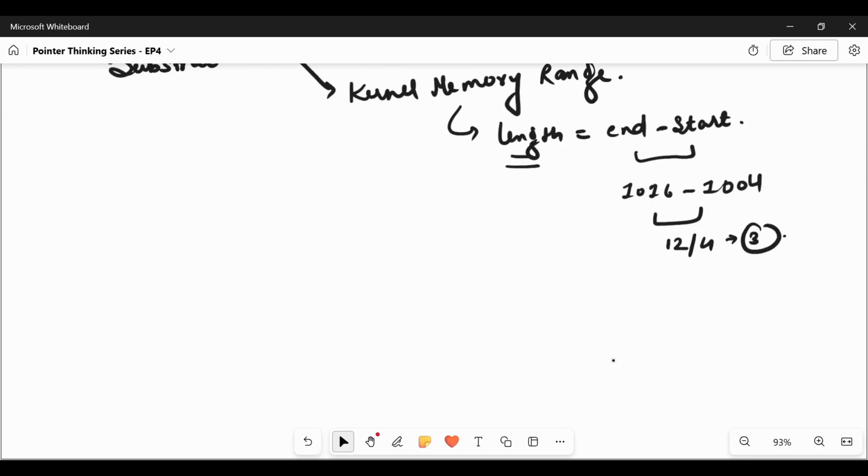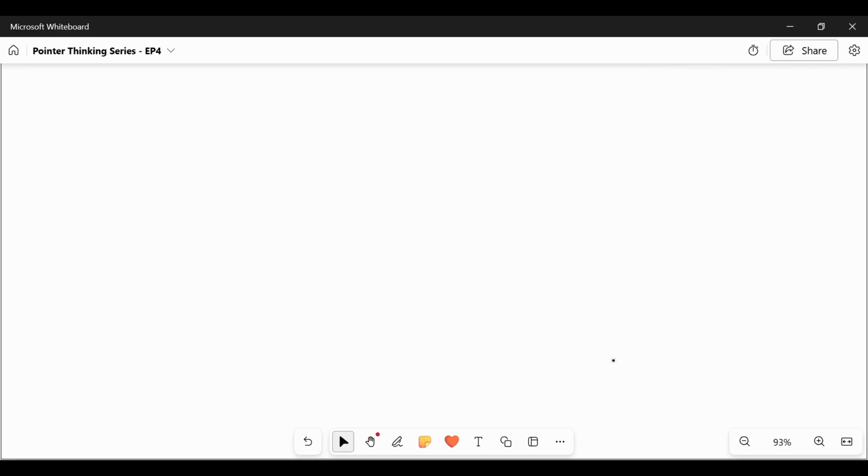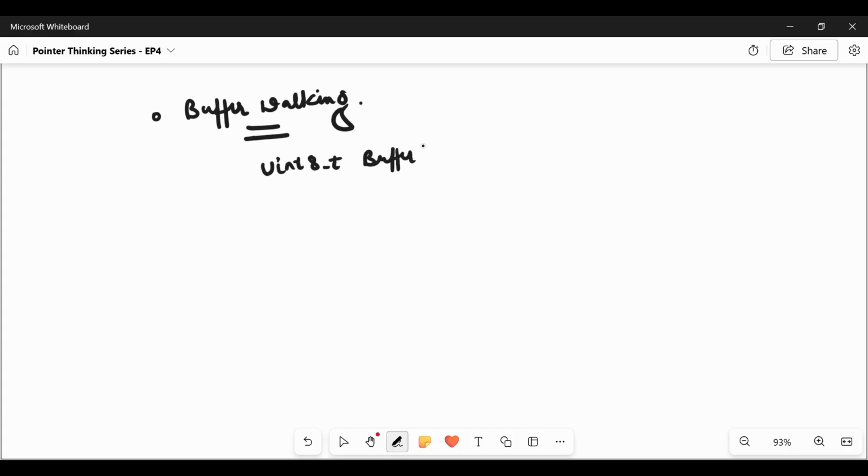Where is pointer arithmetic used in real life? One very common example is buffer walking, when we have to move byte by byte. That time we use pointers. Let us take an example. We have an int8 buffer of 100 length, and an integer pointer which has the address of the buffer.